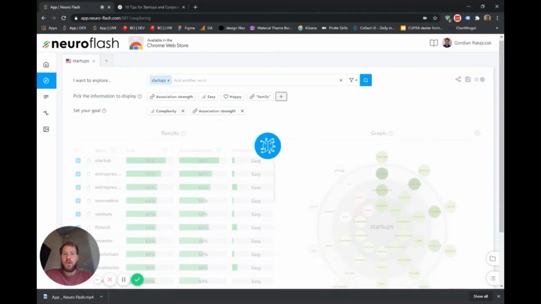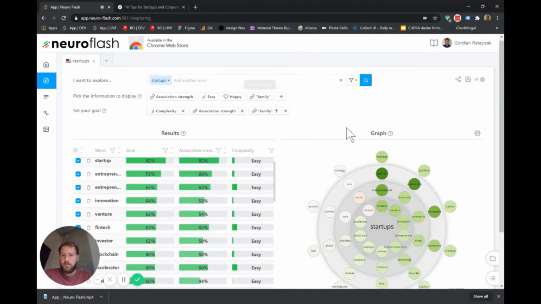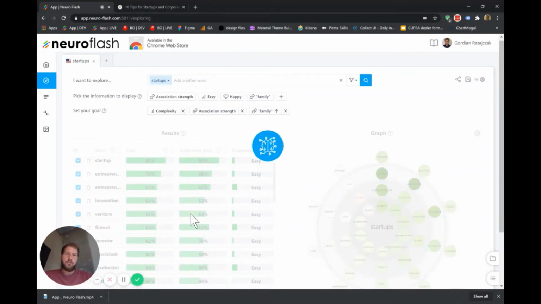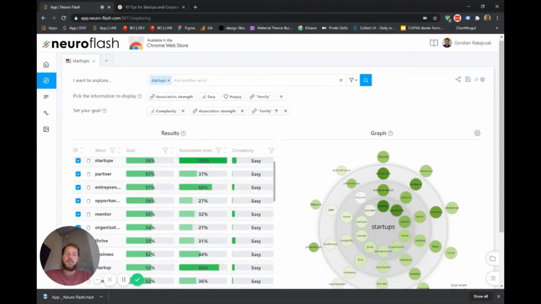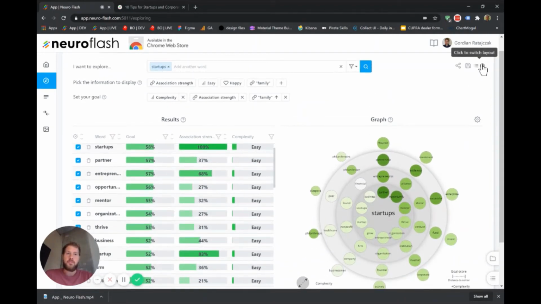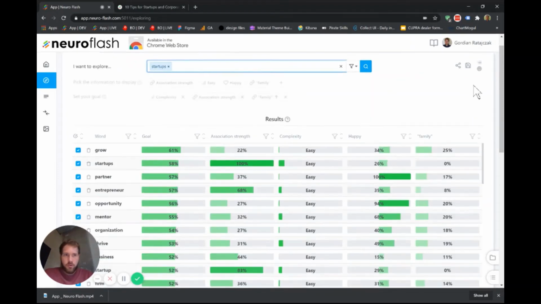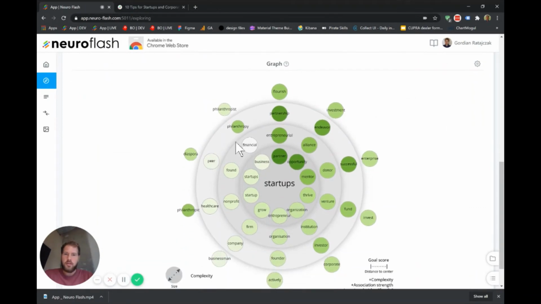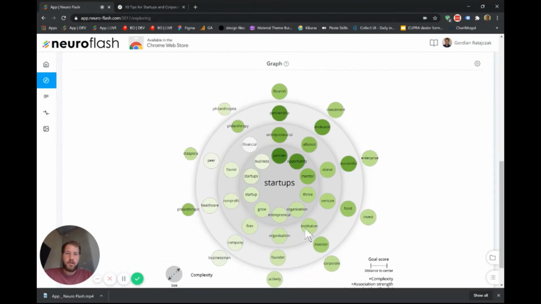Now we can even add it to the goal, and it will resort the results to look for what is strongly connected to startups and also has a connotation with family. So let's switch the layout so you can see every word fully. And now you can see it changed a bit, and things are highlighted that are connected to startups and family.